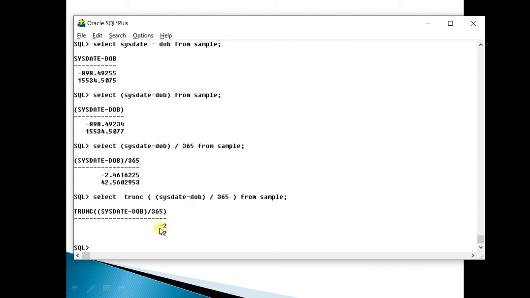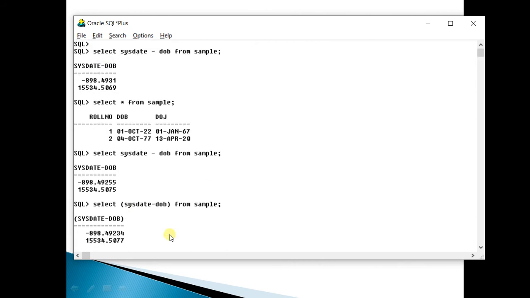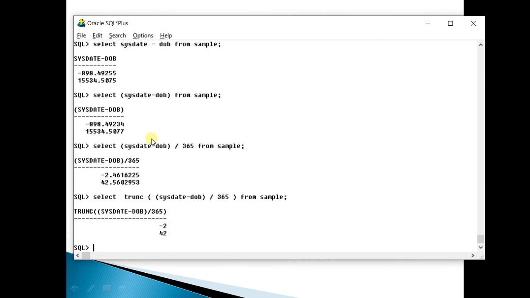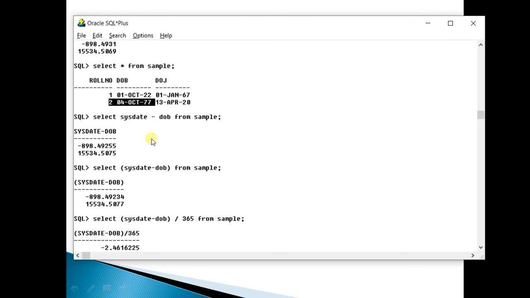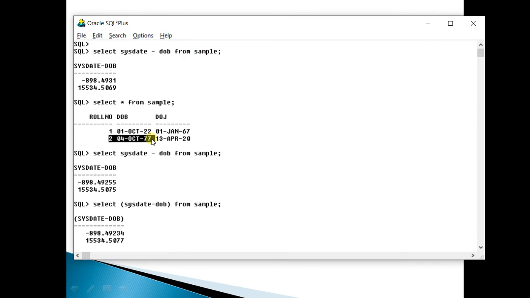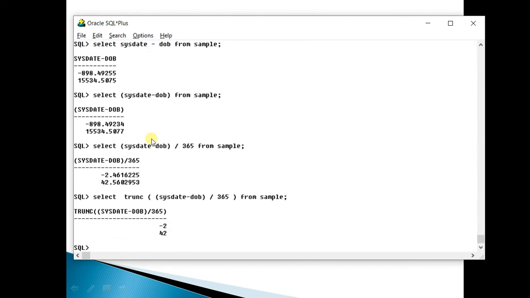So you can see that 42 years have elapsed since this date. This is one of the ways. There are a number of ways, but first practice these things, then only you will be able to do the complex ones. Okay, now this was one part.